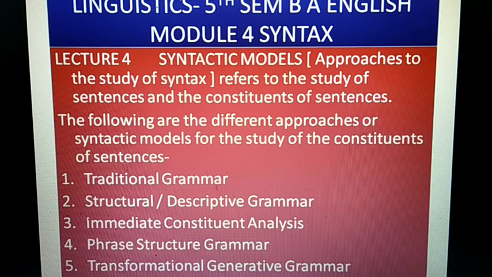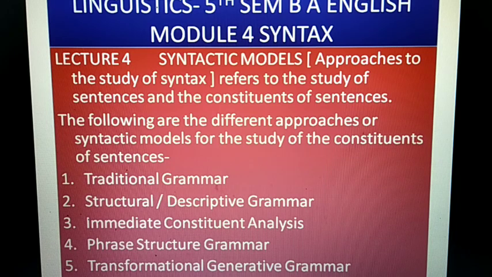But after prescriptive grammar, say after Ferdinand de Saussure's 1915 Course in General Linguistics, we have a different approach to the study of language, a different approach to the study of grammar, and it is, of course, more broad in the sense that